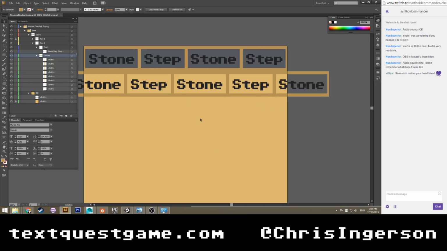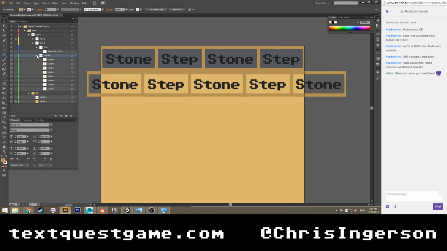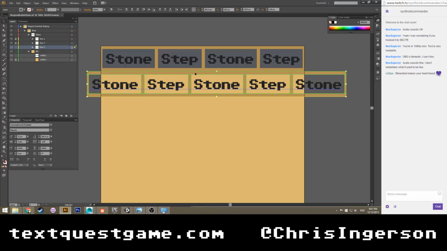All right. So now we can go ahead and first save, then duplicate row 2, call it row 3. Row 2 up, lock row 2, select row 3. Move this back down. Position it so that it's right here.